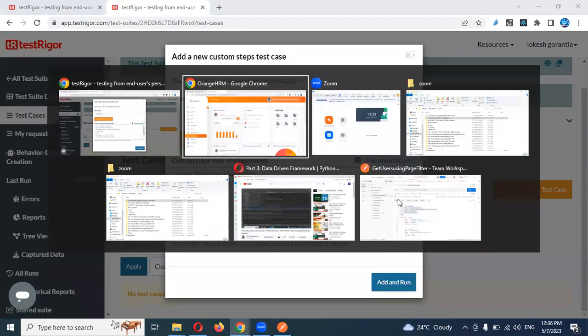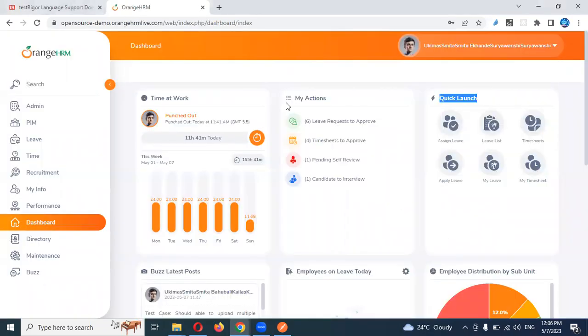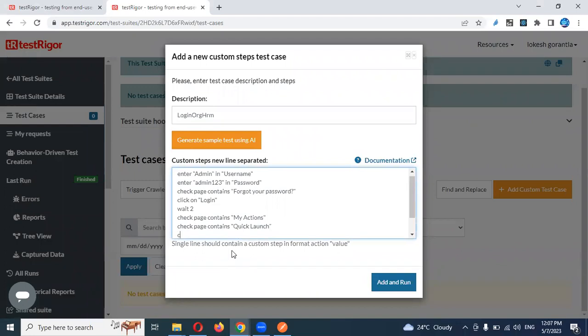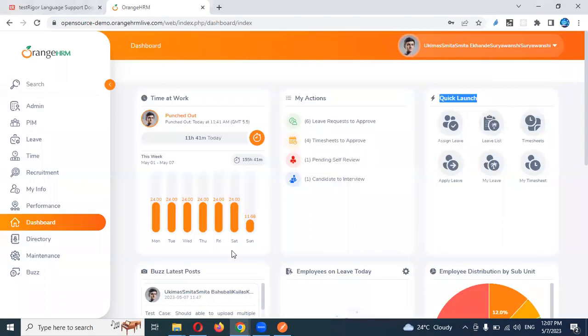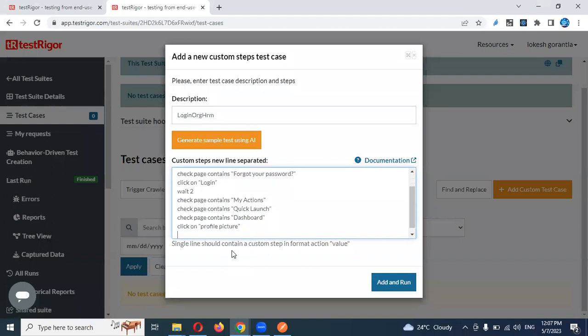Okay, and if that is completed, we can check any one of them. In case you want the dashboard to verify, then the dashboard also you can verify. Check page contains dashboard. Okay, everything we have written. Once it is done and completed, we can click for, even we can click on